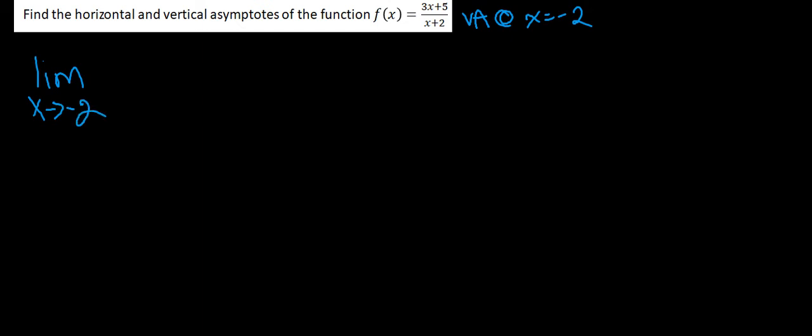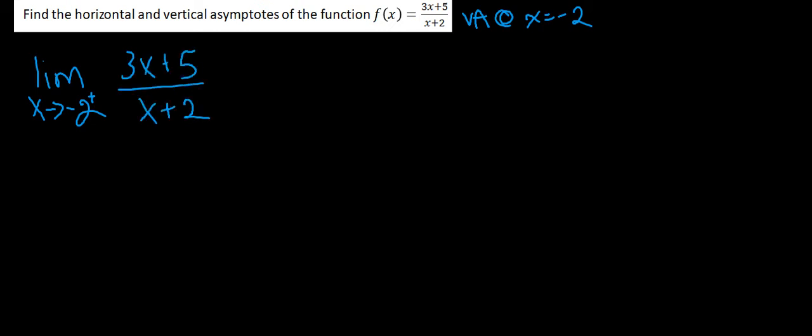And I'm wondering, do I want to do it from the left or the right? I think I'm going to choose to do it from the right, because if I do it from the right, then I'm going to get numbers that are a little bit bigger than -2, like -1.9, and that's going to come out to be positive in the denominator so that we can get a positive infinity in the end. So I'm going to do the limit as x approaches -2 from the right-hand side of 3x plus 5 over